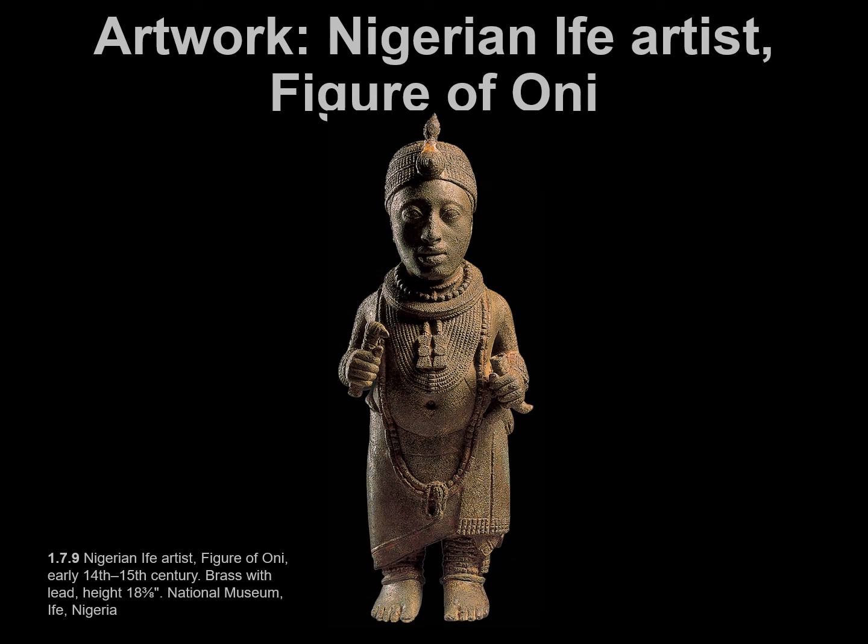This is a beautiful object. It's a Nigerian Ife, a figure of Oni. And you can see the enlarged head, the scale isn't correct. In this case, the proportions would be like 3 heads high,